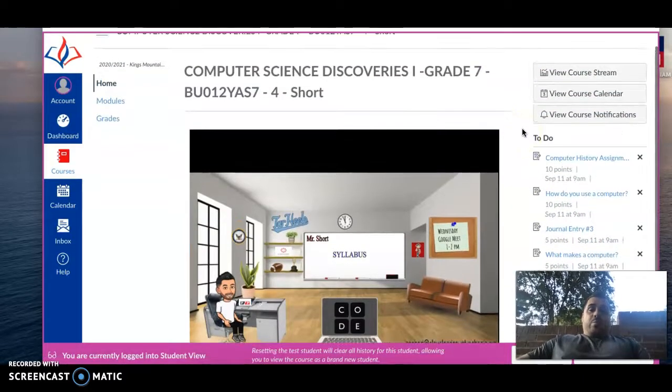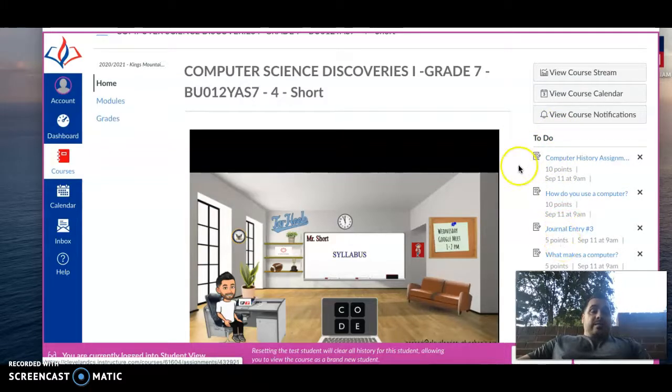I've gone back and opened up every module from the beginning of the year to now because I've talked to some students and some parents, and there's been some technical issues that some students have had with their Wi-Fi or with their Chromebooks that hasn't allowed them to complete assignments. So I'm going to go in and open up every module from the beginning of the year to now to give you guys an opportunity to get those complete. So if you see anything showing over here on to do, you go ahead and get those things knocked out,